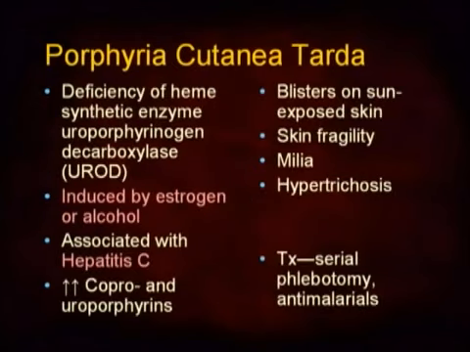First up is porphyria cutanea tarda, and this is the most common type of porphyria, and it occurs as a result of a deficiency in this particular enzyme, uroporphyrinogen decarboxylase, or UROD for short. It's frequently seen in patients with liver disease, in particular alcoholic liver disease, or also patients with hepatitis C, so much so that when you diagnose a patient with PCT, it's important to check to rule out hepatitis C, see if they have it. In terms of lab studies, they'll have elevated copro and uroporphyrinogens, and clinically they develop blisters